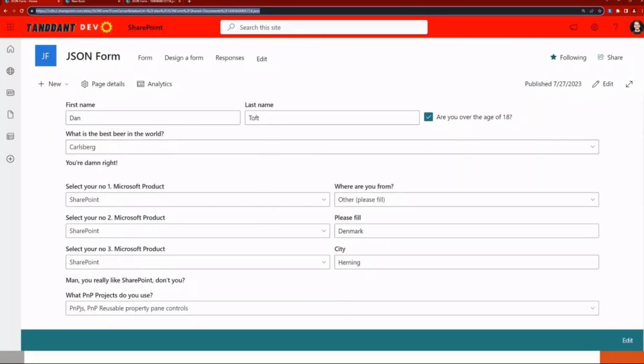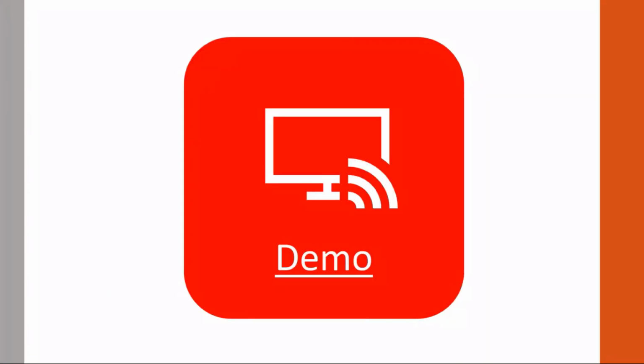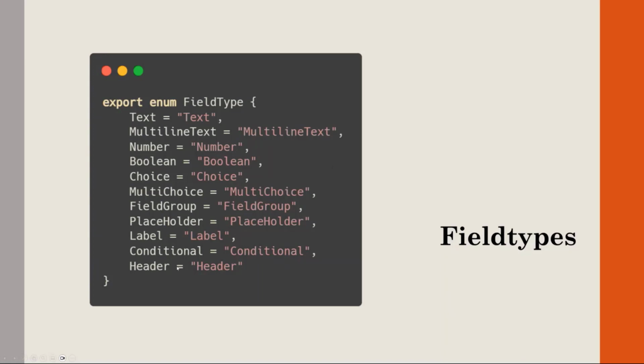Yeah. So let's close the demo down and move on to talk about which field types. We saw that earlier too, and actually Daniel had a similar enum in his solution earlier, but essentially I just chose the fields that made sense to me. You could go in and add something like lookup fields. I know there are people in the GitHub repository now that are looking into adding user fields and lookup fields. I wanted my first version to be, I don't want to say SharePoint-less, but I wanted it to be something that